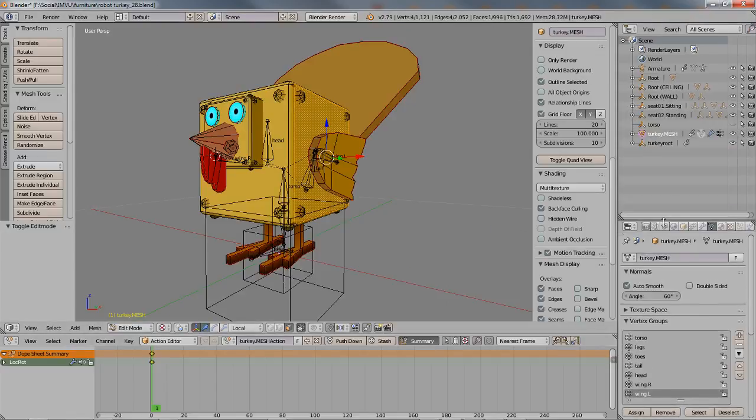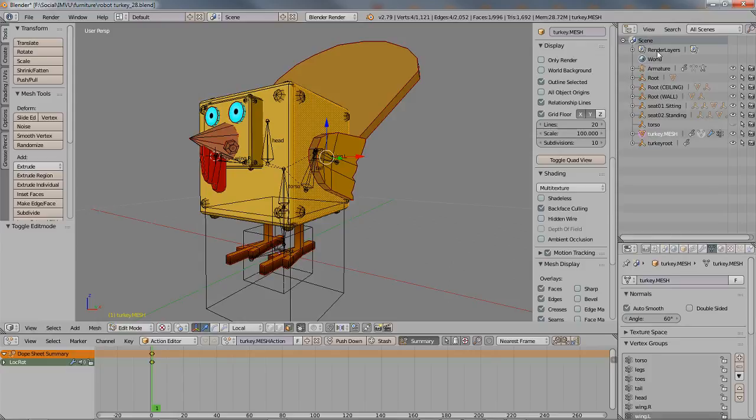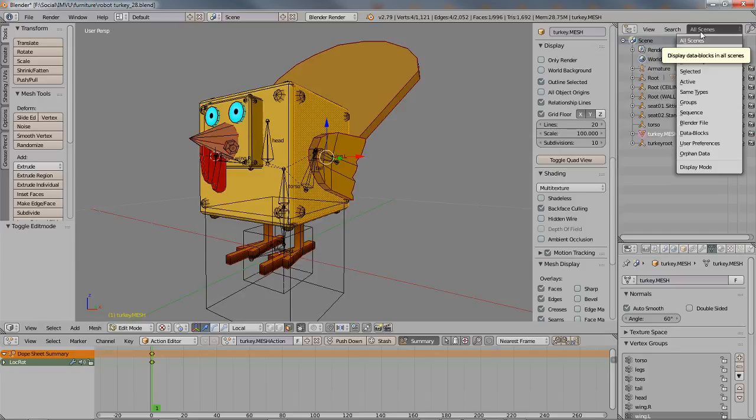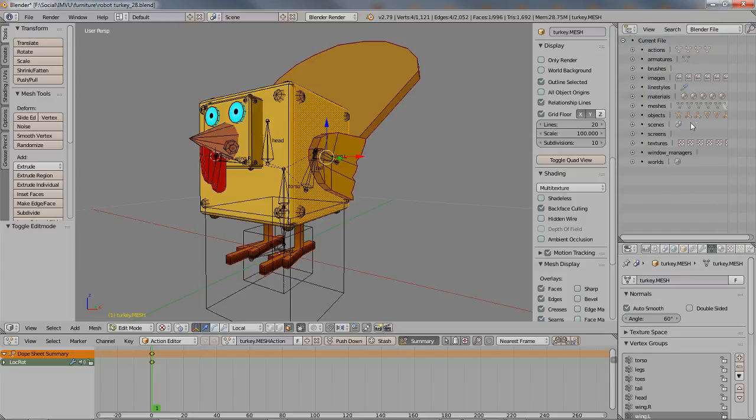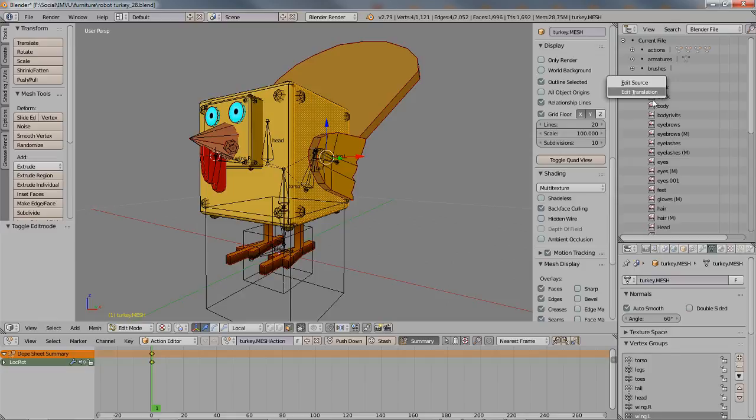in the outliner, you want to click on the data type selector and then click on Blender file. This is important. That'll list all the content that's in the file, and you should then be able to access it, and if you just right click,